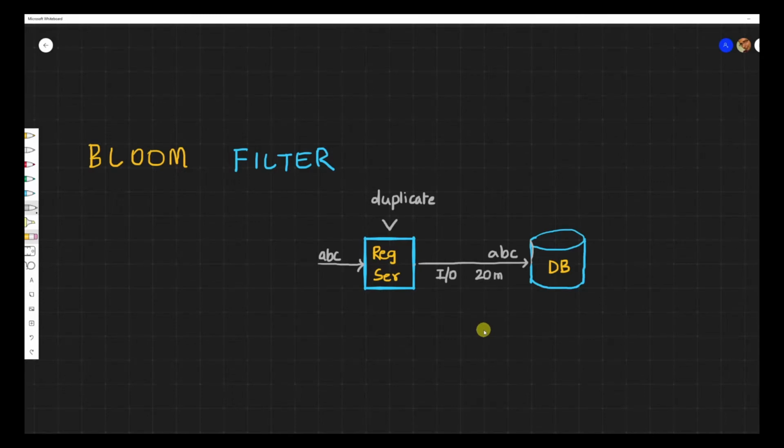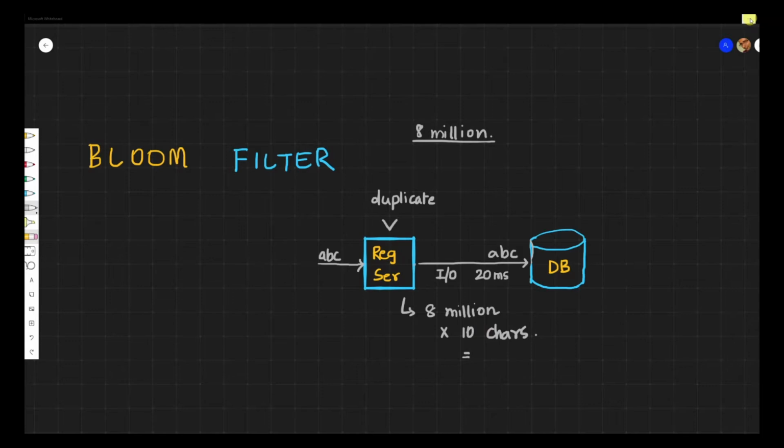Let's say a number of 20 milliseconds, because this DB has a table, and you are comparing strings also, so you need to check. Another approach could be if I could cache it with me. Let's anticipate that we have 8 million users, just a rough number. So if I store 8 million in a cache, in the worst case, we'll have 8 million users, each having 10 characters. So that's also going to be quite costly.